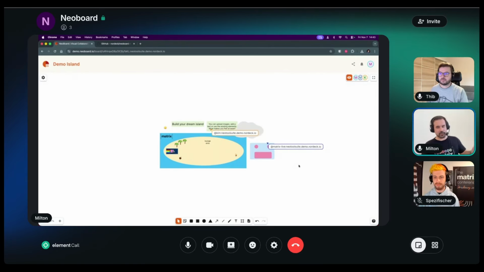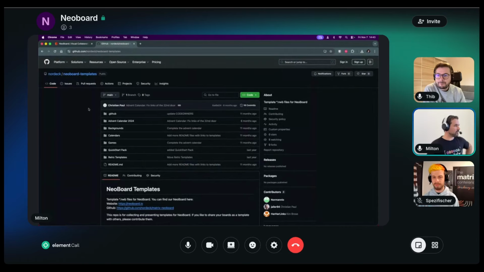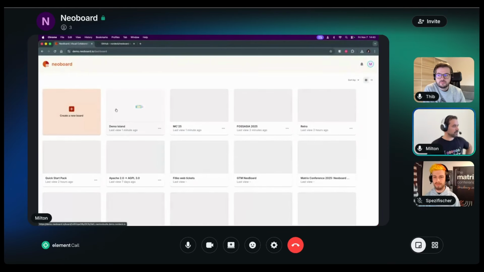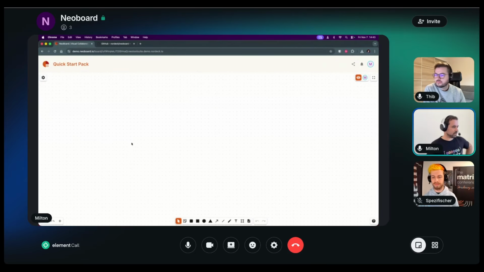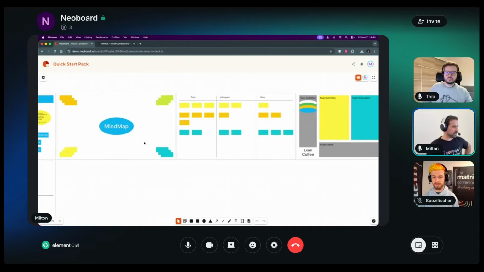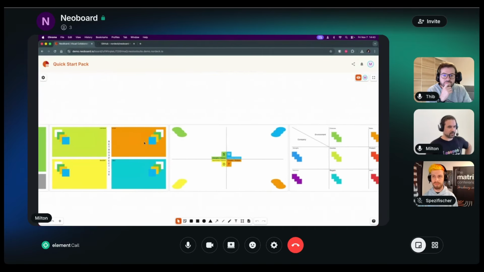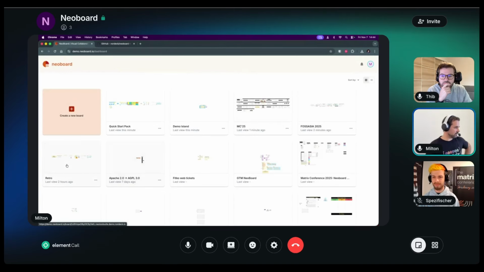And this is very useful in video conference and agile meeting scenarios when people can collaborate. And we do have a bunch of templates. If you go to the NeoBoard templates repository on Nordeck GitHub, you will have a few of these agile templates specifically for, once again, agile meetings. So we have your retro or agile starter pack with your typical Kanban board, mind maps, stickies, so you can start being productive quickly. Also, more specifically for retros,